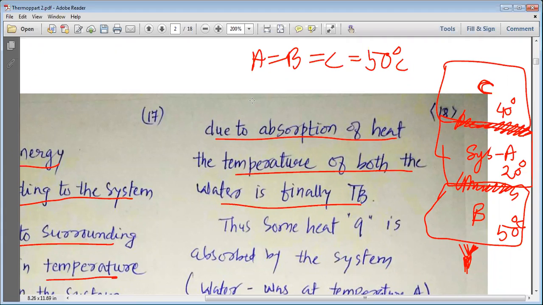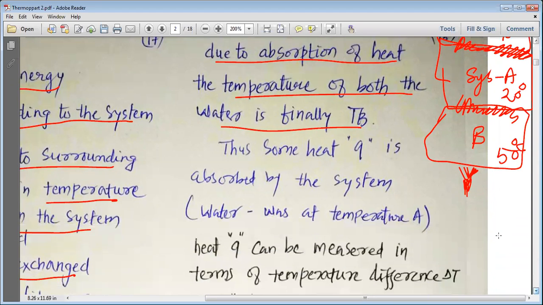Same way, my dear students, if you take ice in a bucket and keep it in your room, and after some hours, some 2, 3, 5 hours, if you watch this water, you will come to know that the ice has melted and the temperature of that water has increased to a level where the water becomes equal to the room temperature. So when two or more systems are in contact with each other, they exchange their heat if the wall is conducting, and then the temperature of all the three systems becomes equal.